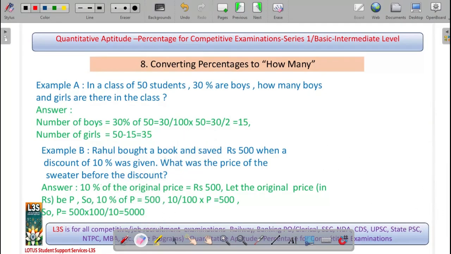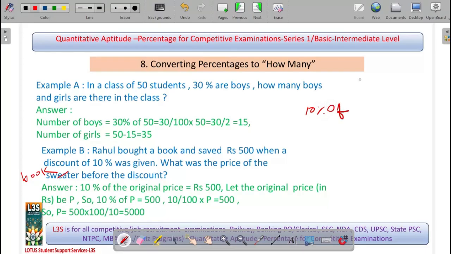Next example. Rahul bought a book and saved rupees 500 when a discount of 10% was given. What is the price of the book before the discount? Okay, that is the price of the book before the discount. So when he got the discount, he saved 500. That means 10%